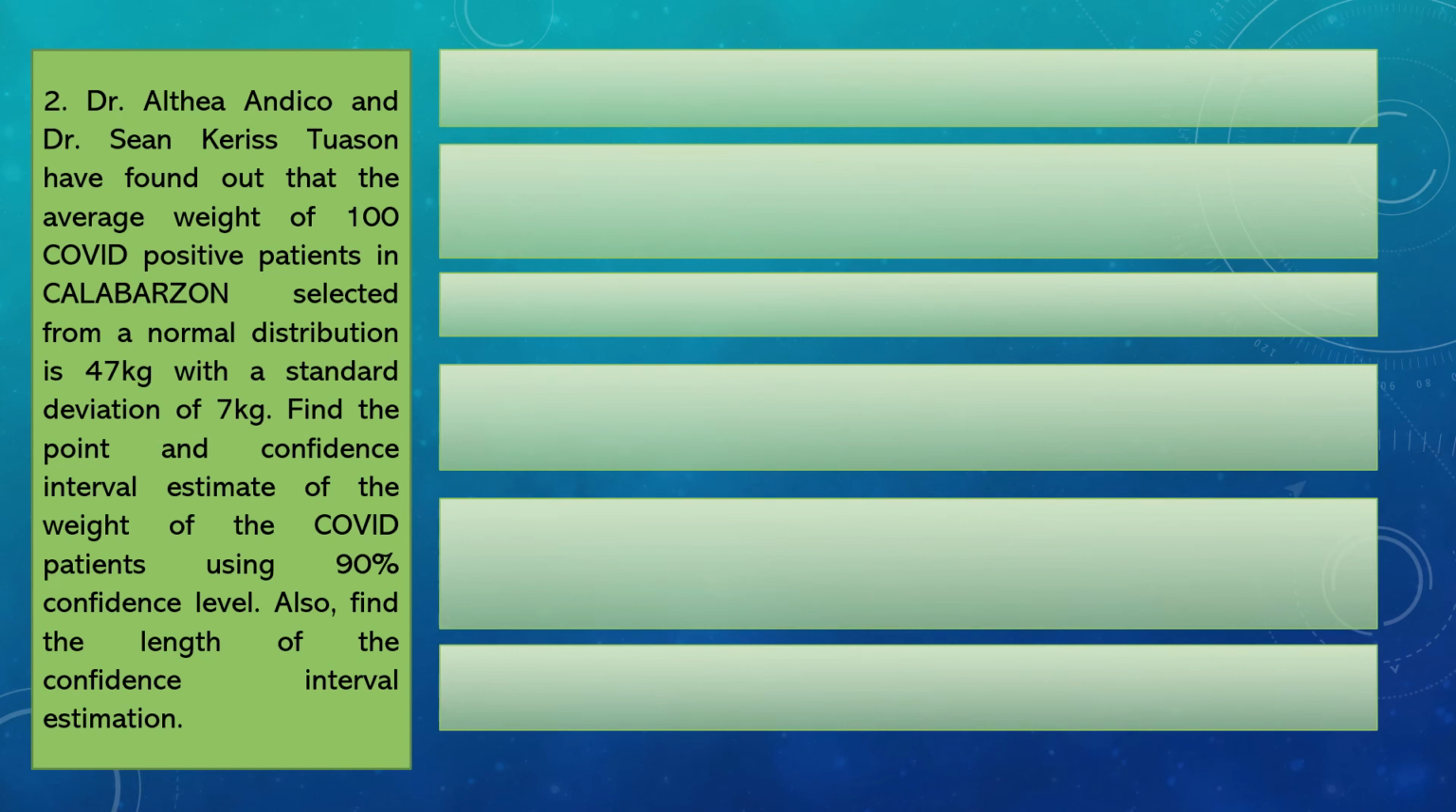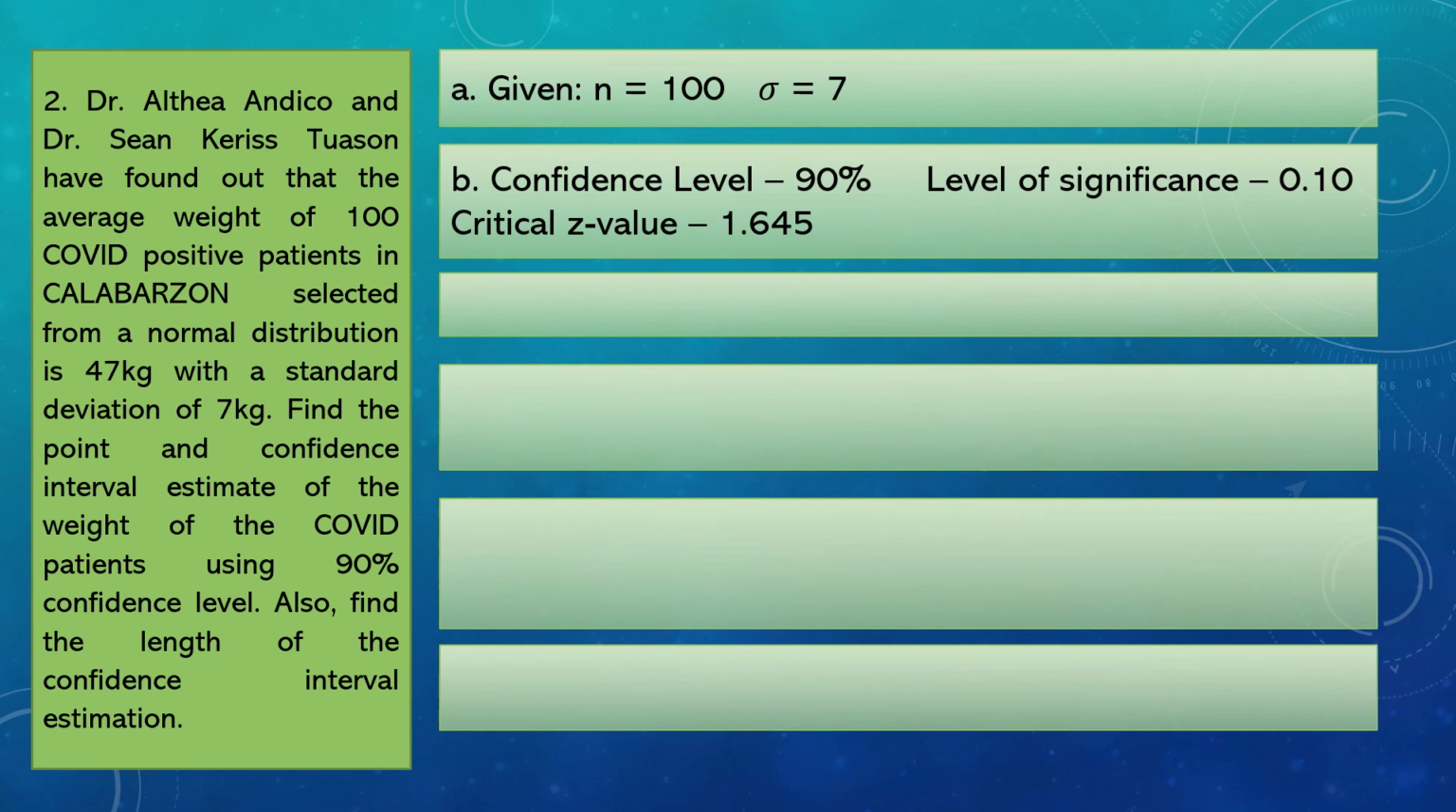So again, let's start identifying the given values. So our n is equal to 100. As we can see on the problem, we're dealing with 100 COVID positive patients. And our sigma is 7. So why don't we have the degree of freedom? Because we're not dealing with t-value. Like what I told you, since sigma is known, or the population standard deviation is known, and n is greater than or equal to 30, we can say that we don't need to use degree of freedom, and we're going to use z-value. Now, let's find the confidence level, which is 90%, as can be seen on the problem,